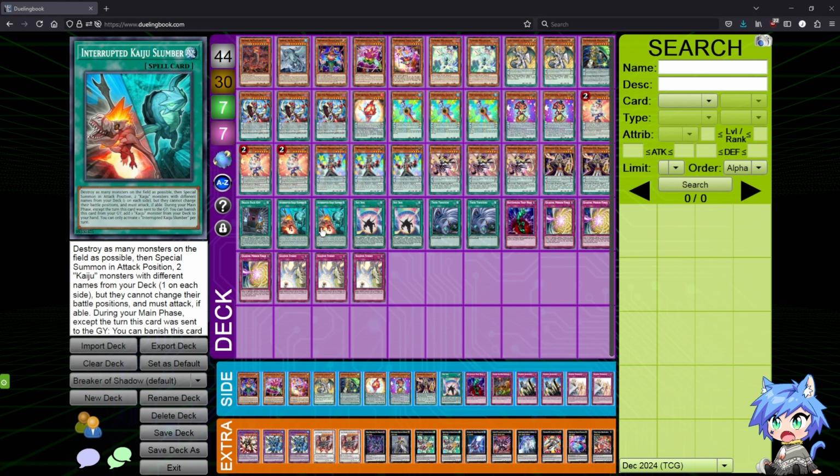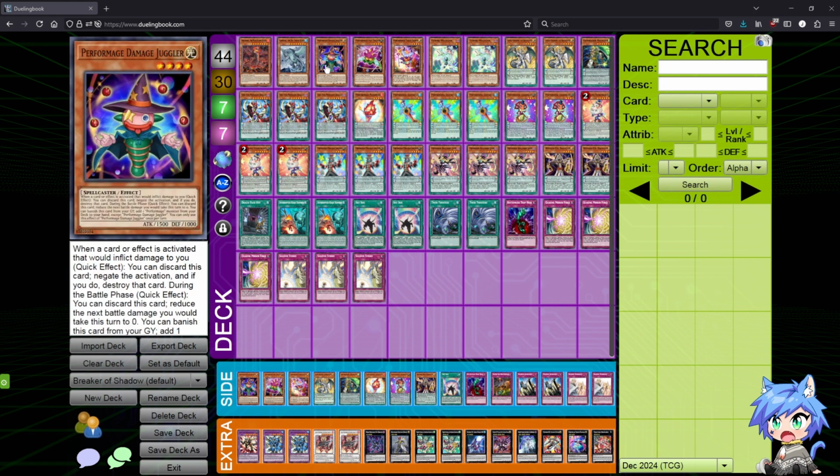But there's also the thing where it lets me banish it from the graveyard to search another kaiju from my deck. So regardless of if I use it, I want to have 2 of these in the deck and 2 kaijus in my deck so I can use its search function or its destruction function depending on the situation of the game. But yeah. Then we have Damage Juggler, which is in here specifically for the search effect on Perform